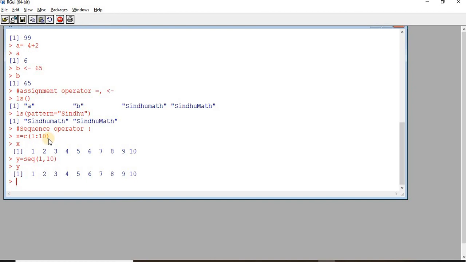This sequence operator we use when we have just one increment between one item and another. When the increment is more than 1, then you can go for this seq function. So let's say numbers between 1 to 100 with an interval of 10.